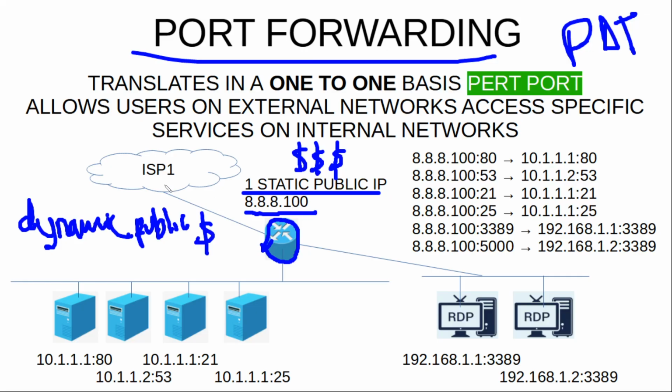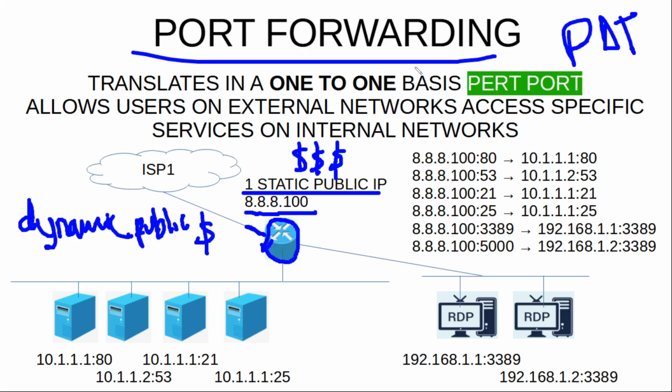Your ISP is going to make sure that this device always is able to use this IP address. And when having only one public IP address, you can publish as many public services as you want,